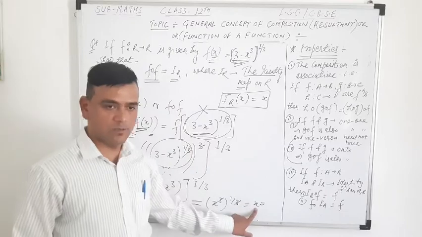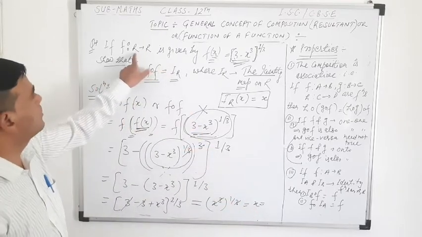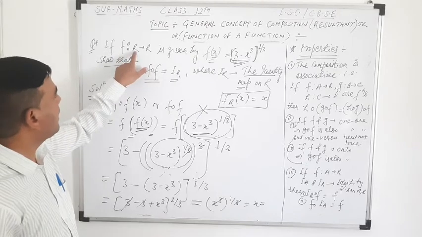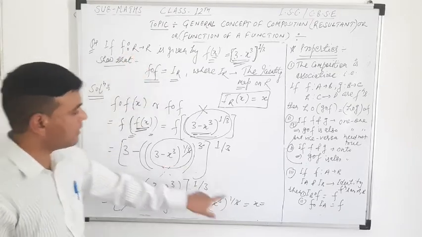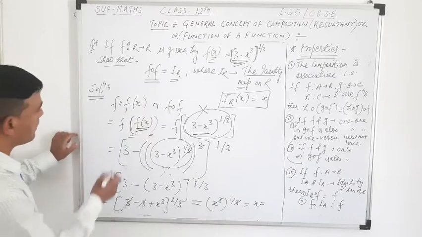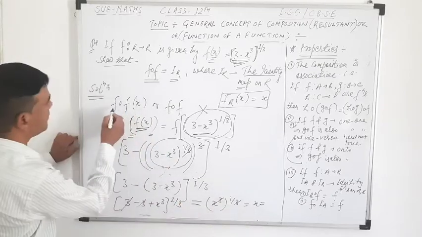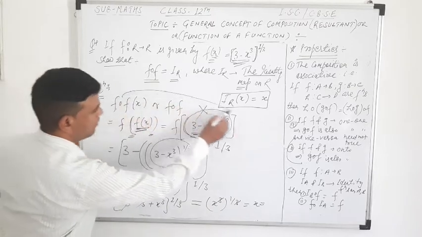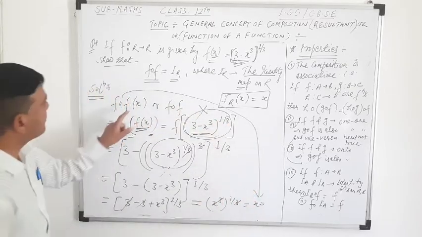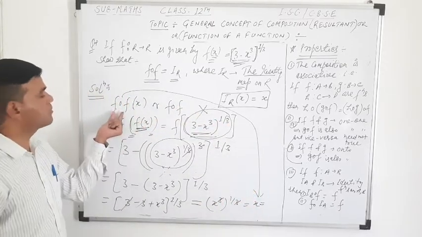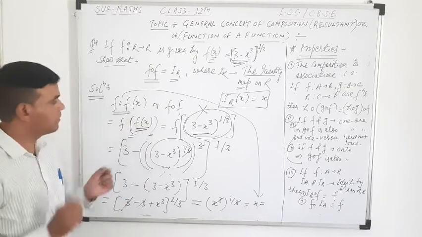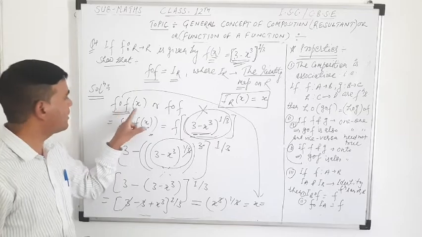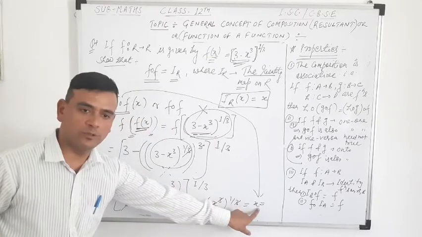And x is what? x is the domain of the function f, and R is the domain of this function. Now you can easily see that f of x is equal to x. We get here f of x is equal to x. It means the domain of the function is x, so its image is also x.